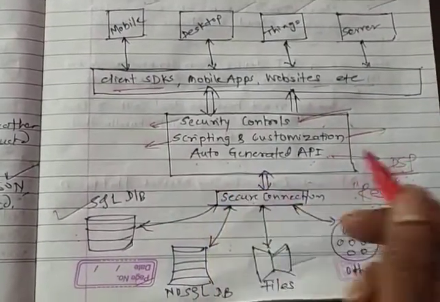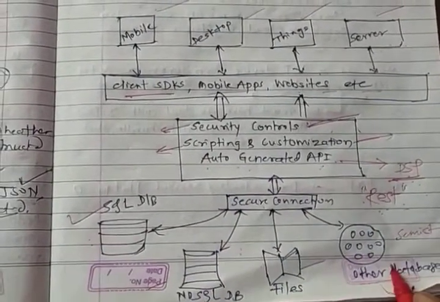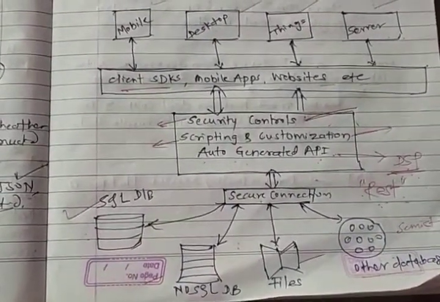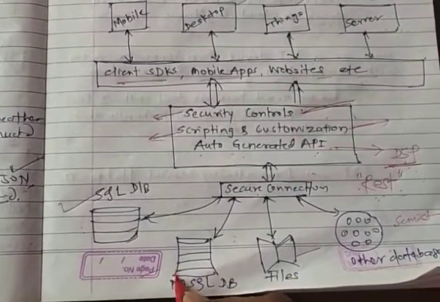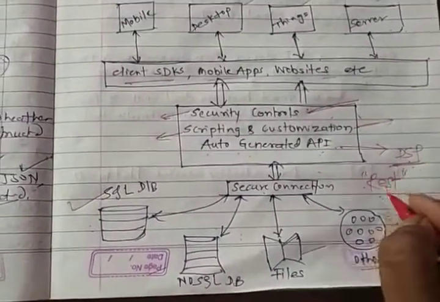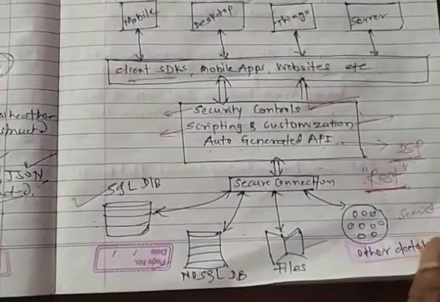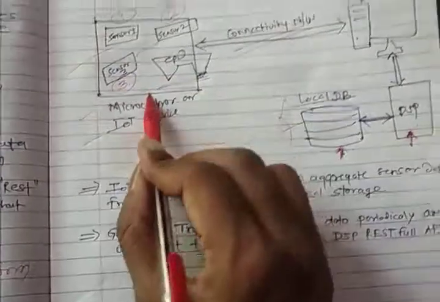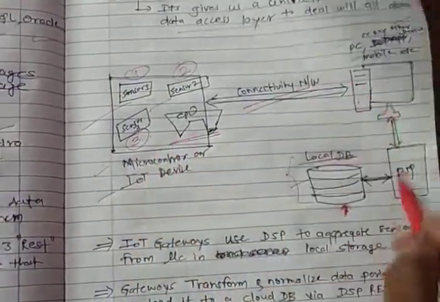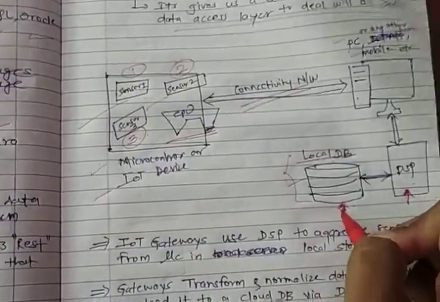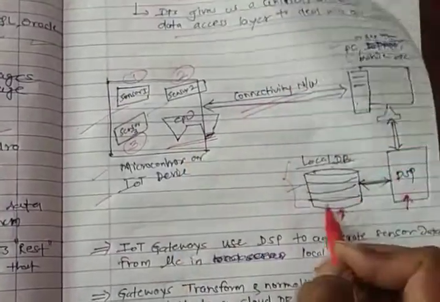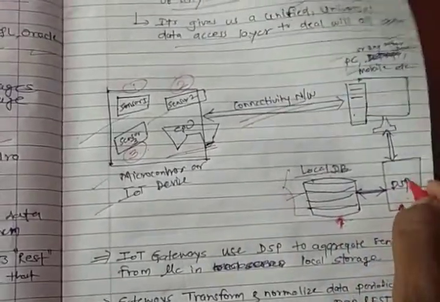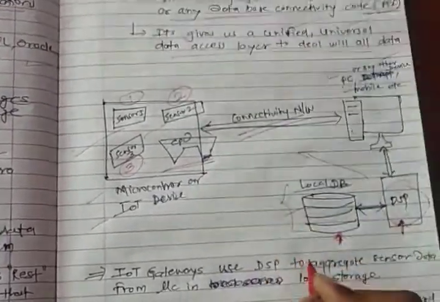and automatically generate the API to store the data from local storage on the cloud server, right? It means the method to store the data on the local database as well as on the cloud database is the same for the DSP. Only the API will be changed, right? To collect the data from the sensors and store it on the local database is exactly the same, and this process is exactly the same to store the data on the cloud also. The only difference is that the DSP API will get changed, right?